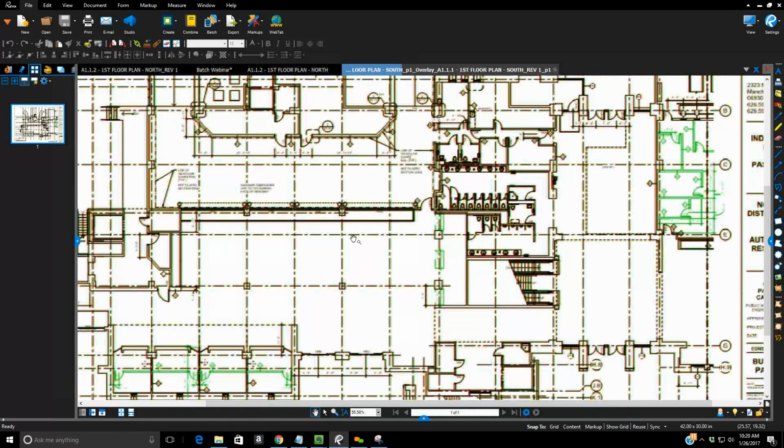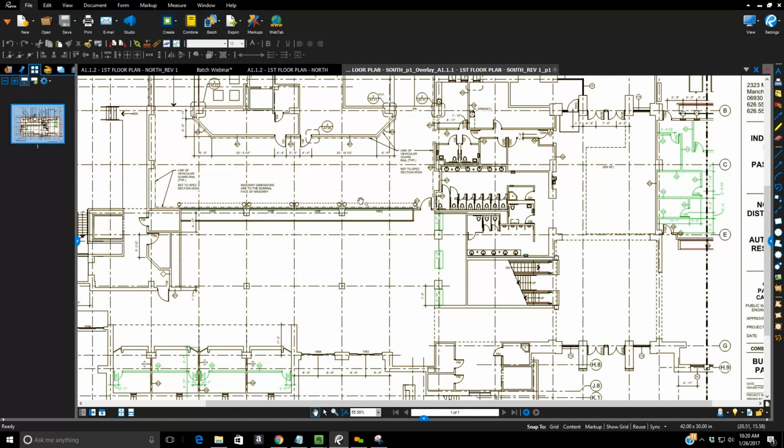Okay, so that kind of establishes the principle of how batch works. We're able to automate a process for many pages that would ordinarily take us quite a long time to do if we were to do them separately using the feature that exists in the program. So let's take a look at another feature